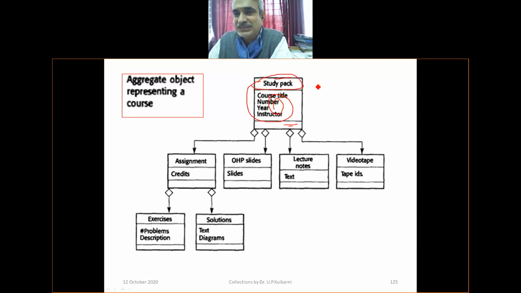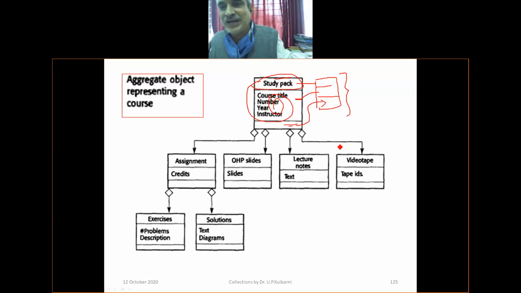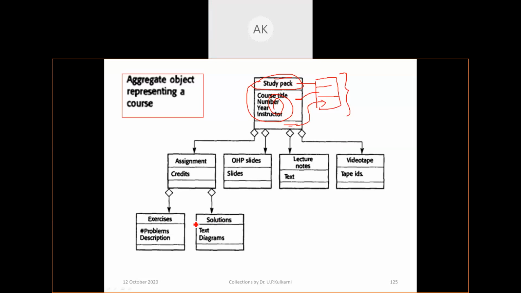A class is represented with three compartments. The first compartment is the name of the class. The second compartment is all variables declared within the class. The third compartment is all methods you write within a class. These are the three partitions you will find in a class. Do you agree, Ashish? Yes, sir. Similarly, in short, in the design, we may not use all.